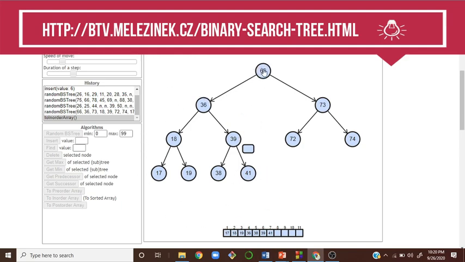Now this is the root. 66 will be printed next, and then it comes to the right side. In the right side again I have a subtree. The leftmost 72 will be printed, and then 73, and finally 74 will be printed. Let's check.